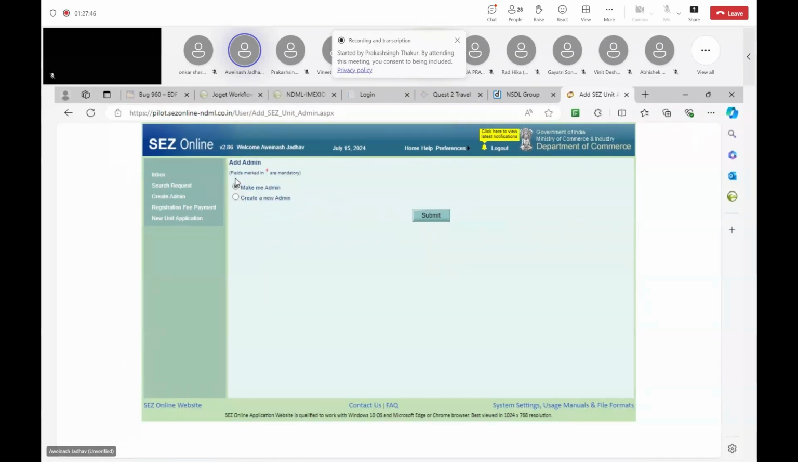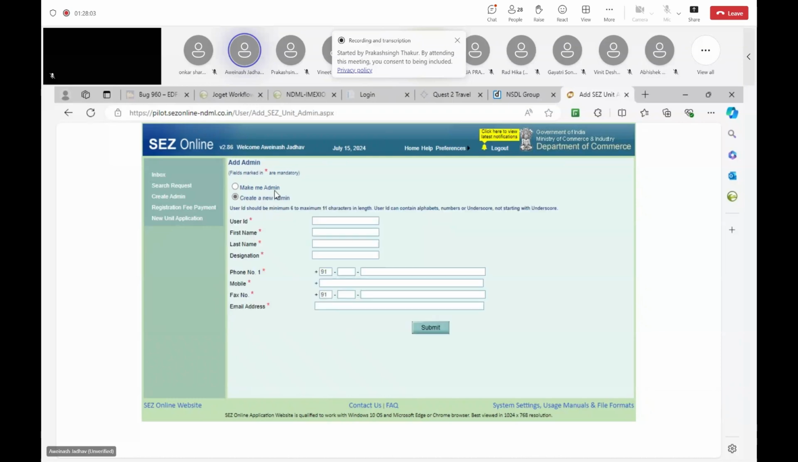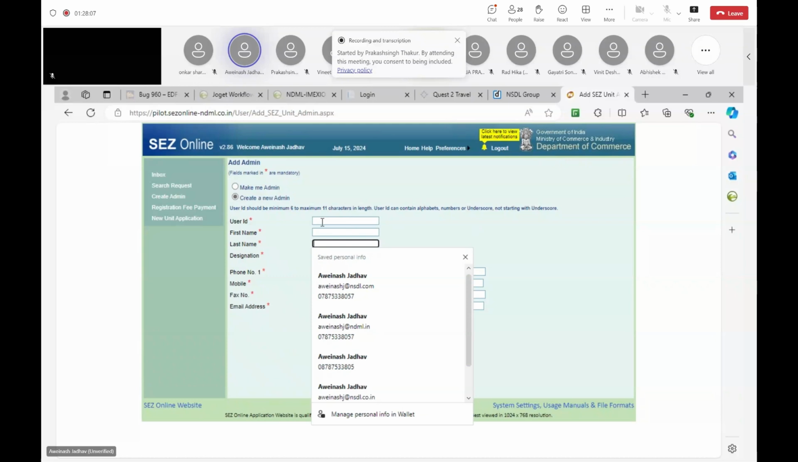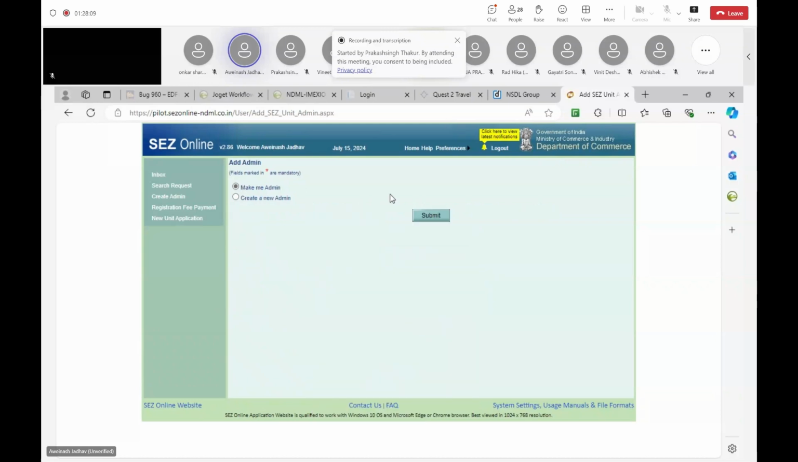So after payment has been authorized, ठीक है, आपको दो ऑप्शन आता है। मैं जो पहले बता रहा था, मेक मी एडमिन एंड क्रिएट एन एडमिन। तो मेक मी एडमिन में क्या होता है, आपने जो एप्लीकेंट आईडी बना के रखा है, जो एनयू एप्लीकेशन के लिए आपने यूज किया, उसको ही आप एडमिन बना सकते हो या नया क्रिएट करके रख सकते हो। नया क्रिएट करो तो उसके वापस से डिटेल्स आपको भरना है। तो बेटर है, इजी, कि आप जो एग्जिस्टिंग एप्लीकेंट है उसको ही एडमिन बना सकते हो।